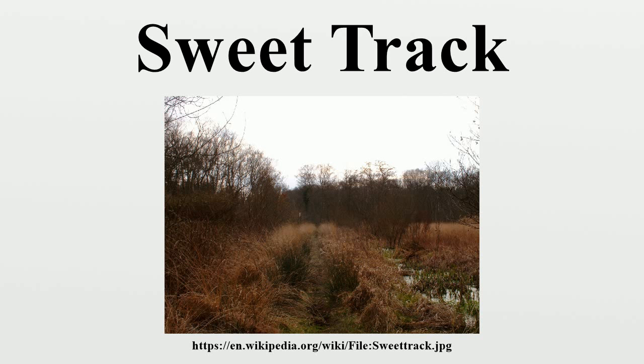Construction. Built in 3807 or 3806 BC, the track was a walkway consisting mainly of planks of oak laid end to end, supported by cross pegs of ash, oak and lime, driven into the underlying peat. The planks, which were up to 40 centimeters wide, 3 meters long and less than 5 centimeters thick, were cut from trees up to 400 years old and 1 meter in diameter, felled and split using only stone axes, wooden